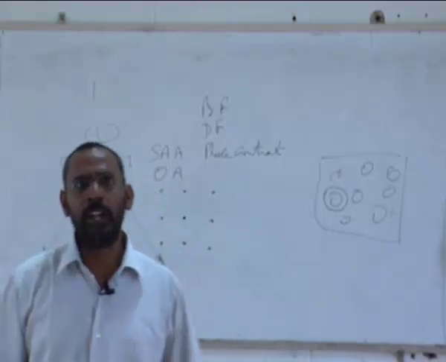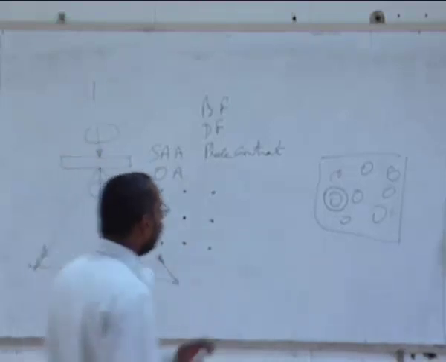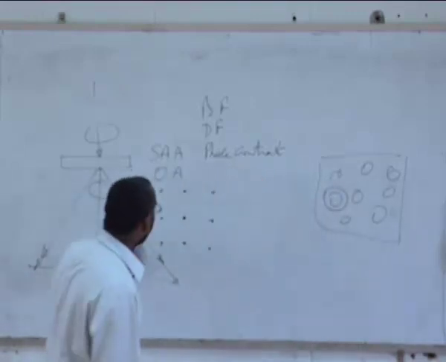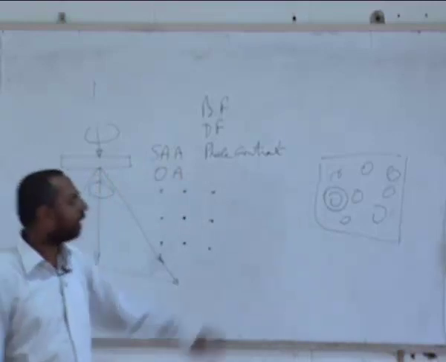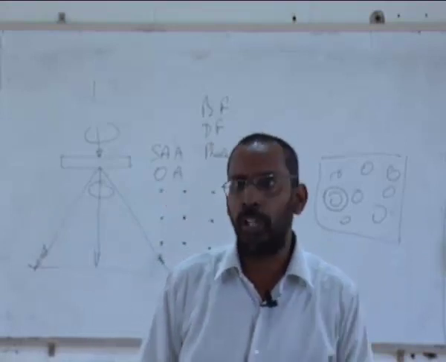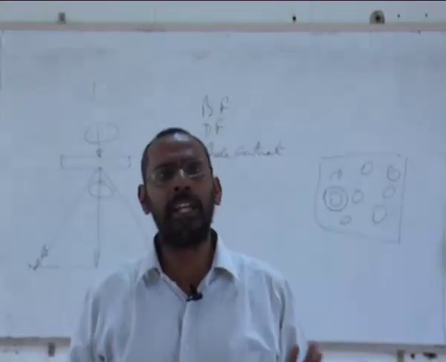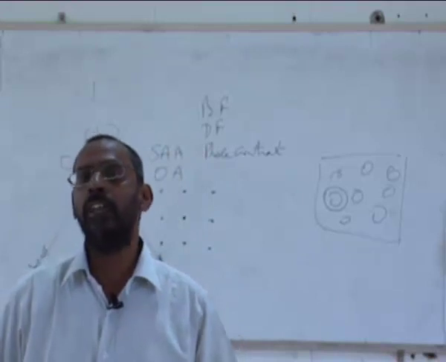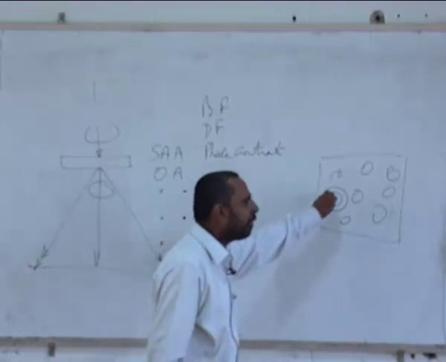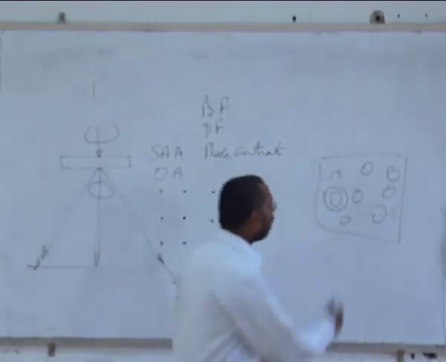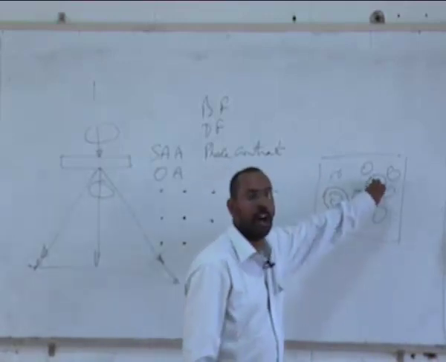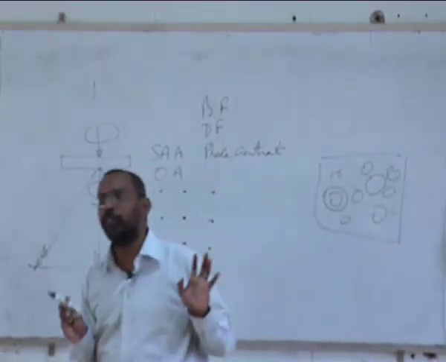When I put the aperture around this particle, only the diffraction that comes from this particle alone will be reflected in the diffraction pattern, and the rest of the region you are cutting off. So the diffraction coming from the remaining region is not visualized on the photosensitive screen, and you will only get the diffraction pattern from this. Similarly, if I want a diffraction pattern from the matrix, I can put the aperture on the matrix and get a diffraction pattern only from the matrix.